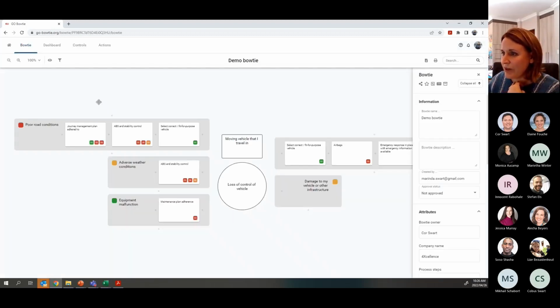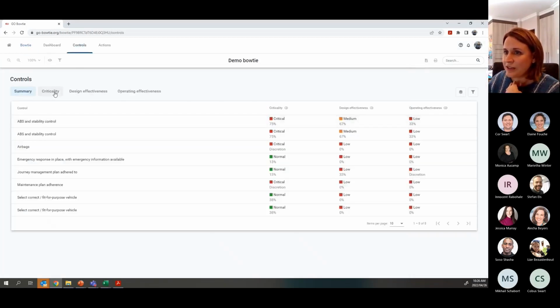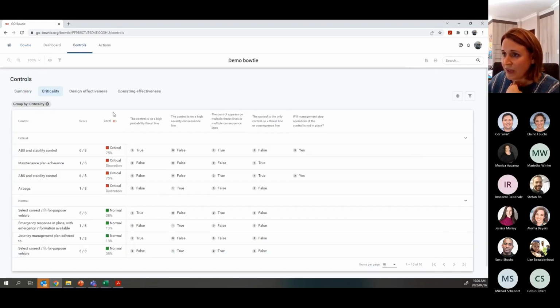And if I now go back, you will see quite a number of them are now marked as critical. And there you go. So even those two ABS stability controls, that's at 75%, 6 out of 8,